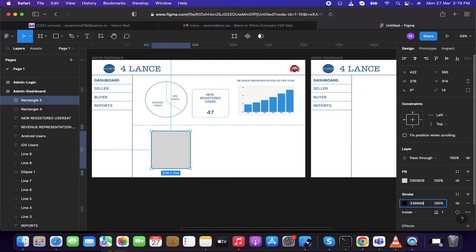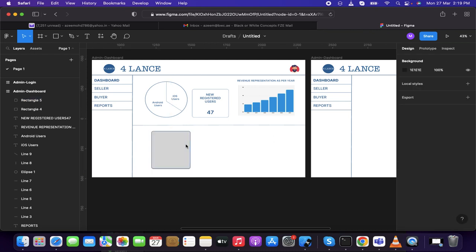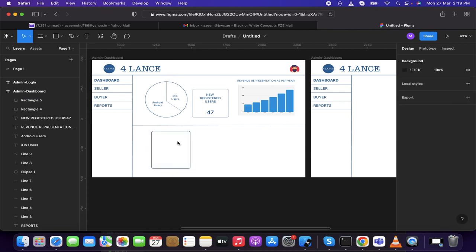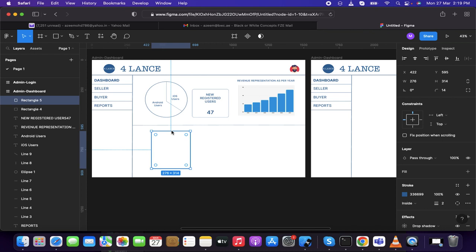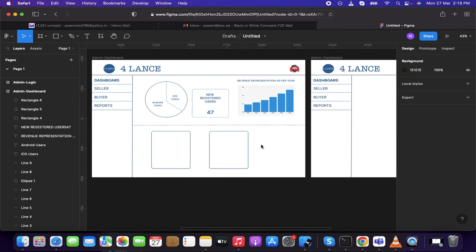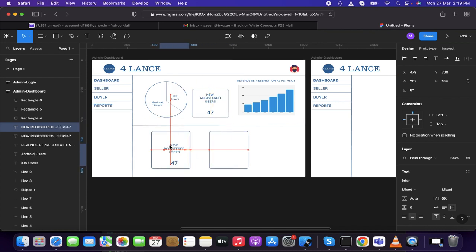Same color, giving the same too, and in the effects I'm just going to do drop shadow, and the fill color I'm ignoring now. Just click on this and press Ctrl C, Ctrl V, copying it, taking it over here, and I'm copying this text and pasting it here, so that I just need to go